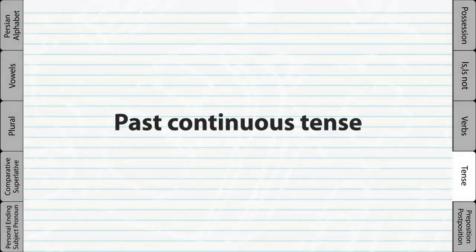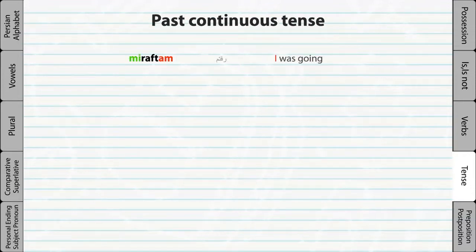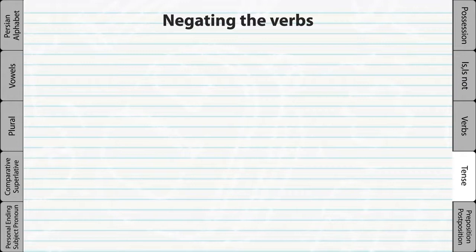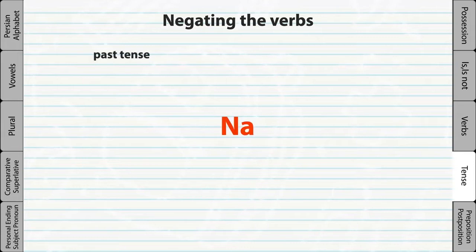If we add the prefix me to a past conjugated verb, we will get the past continuous tense. For example, negating the verbs. We can negate the present tense by simply adding ne in the beginning. For example, and we can negate the past tense by adding na in the beginning. For example,